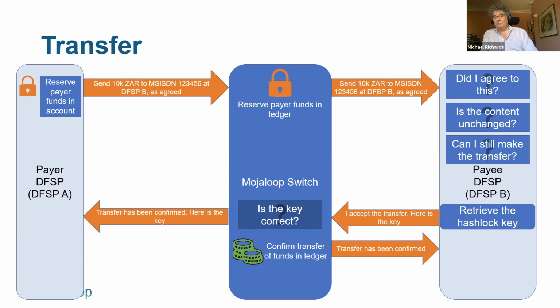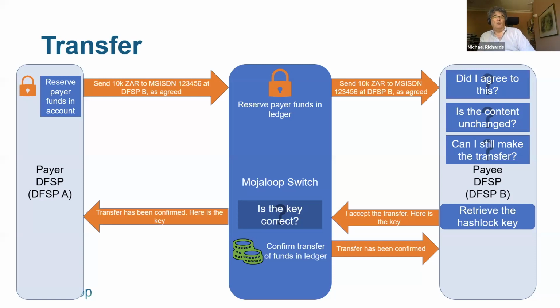Now, it's possible that something might happen in the switch after the payee has said, here's my approval for the funds. For instance, the transfer might have timed out, or something else might have happened. Normally, as Miller said, we're concerned to make sure that cost is as low as it possibly can be. And therefore, we don't expect that when we're dealing with high volumes of low value payments, the payee DFSP will want to wait and check every transfer that goes through the system. But there are circumstances where they might want to or need to.